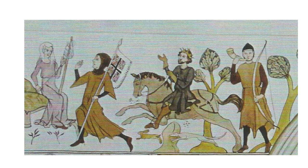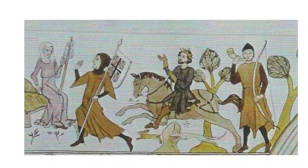And you can see that he's hunting a hare. It looks like a rabbit to me, but it's actually a hare. And so that shows he's a pretty low-class lord, because any decent lord hunted stags, but only scruffy lords hunted hares. And he's got his huntsman behind him blowing a horn, and he's sending his servant on, and he says